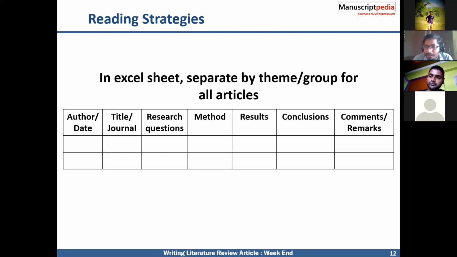So the basic thing is to create a theme. For example, if I'm writing a literature review paper, first I will have a theme. I am going to download 60 articles. I have to categorize like 15 or 20 articles from this theme, and like four. So that's that thing.